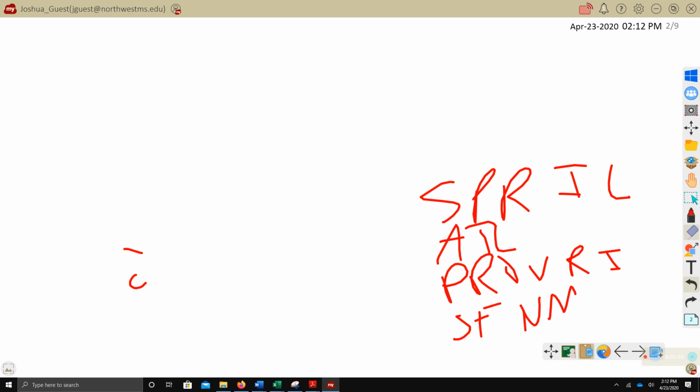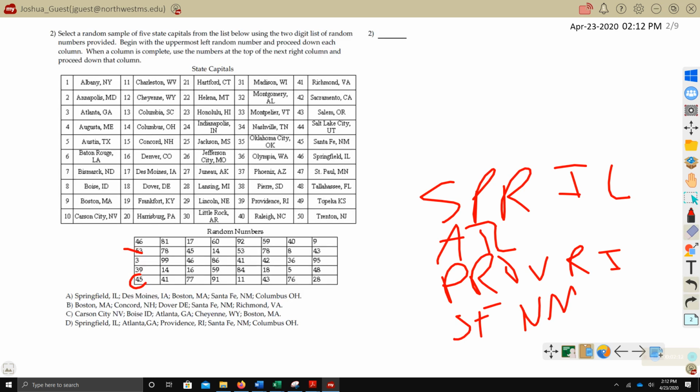Whoa. Let's undo that. We'll just leave that circle there for now, because apparently I just erased the whole problem. We won't do that. All right, and then the next one is 81, and 81 is not on there. 78 is not on there. 99 is not on there, and 14. 14 is Columbus, Ohio. So guess what? That is Springfield, Atlanta, Providence, Santa Fe, and Columbus. D